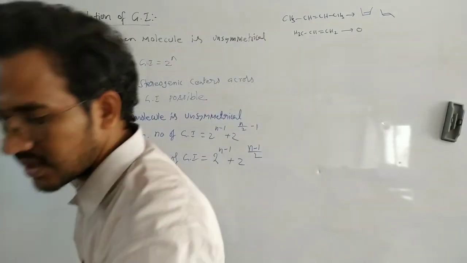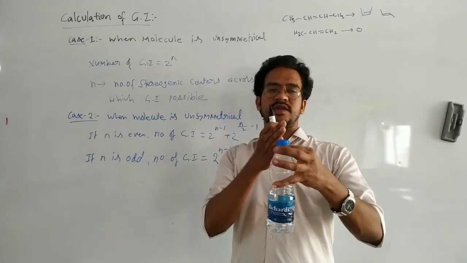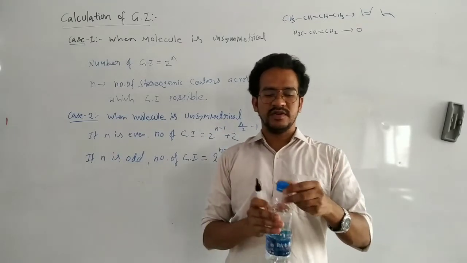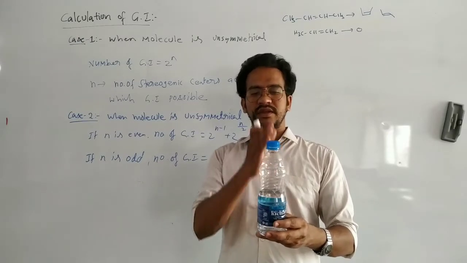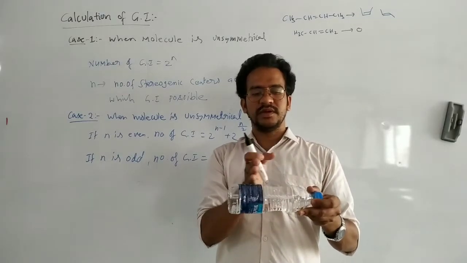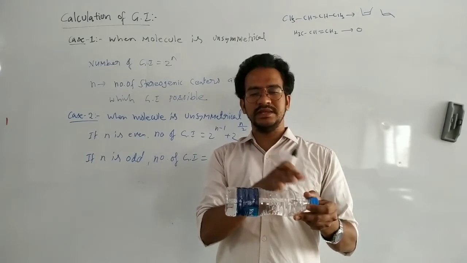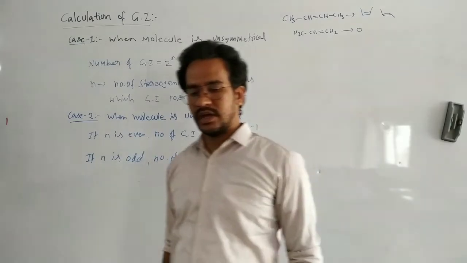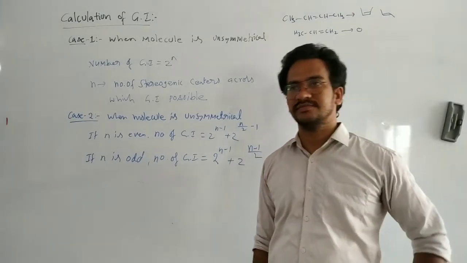Or in this case, this water bottle is also symmetric in this direction, but not symmetrical in this other direction. If you cut in this direction, it can be divided into exactly two equal halves in a vertical plane. But if you cut it in this other direction, there are no equal halves on both sides, they are different. So in this direction we get unequal halves, not equal halves.